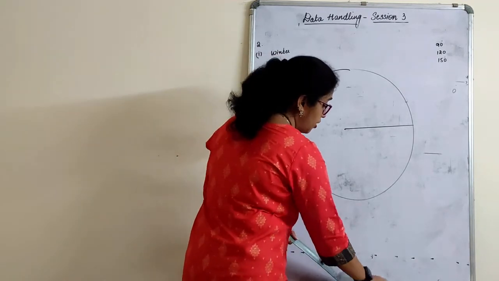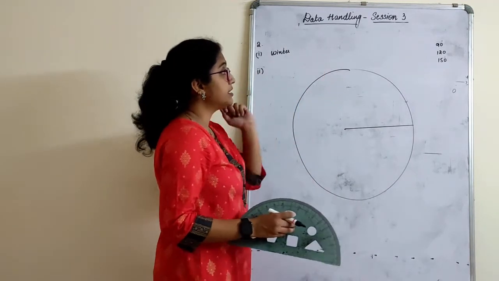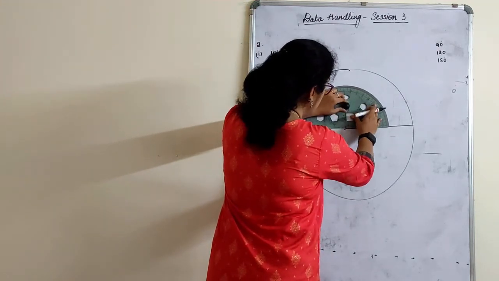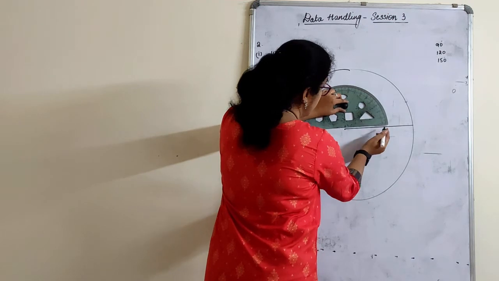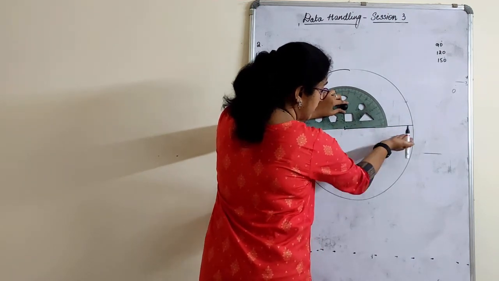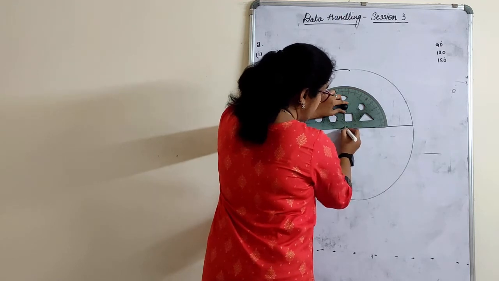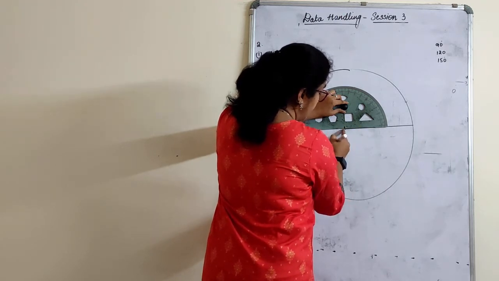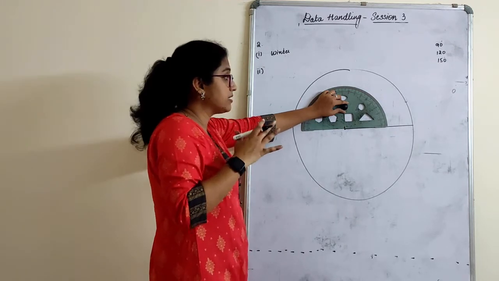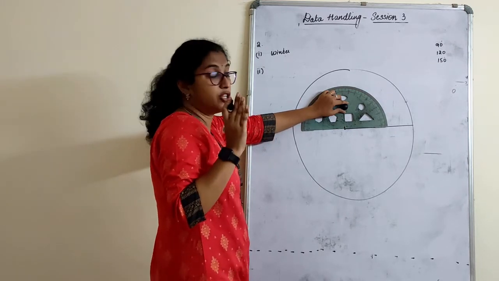Now see what angles they have asked. First angle I choose 90 only. Now I hope you all know how to use a protractor and mark angles. This line in the protractor should coincide with the radius of that line, and the center point of the protractor should meet the circle center. Basic things of the protractor, but still I am teaching you.